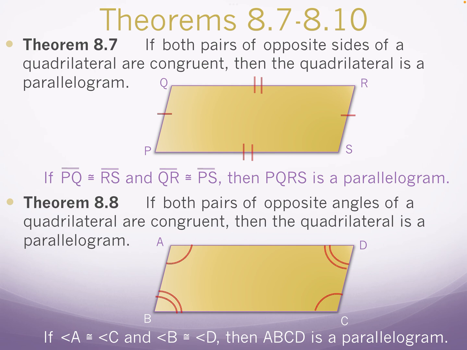Theorem 8.7 says that if both pairs of opposite sides of a quadrilateral are congruent, then the quadrilateral is a parallelogram. So it looks like that. If you have the top and the bottom congruent,